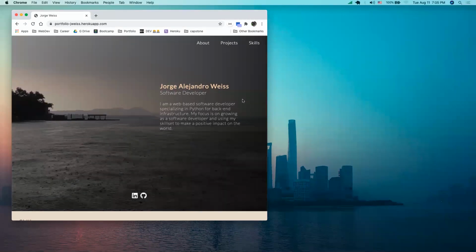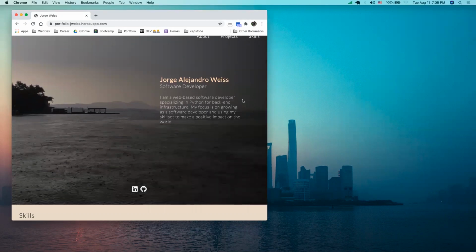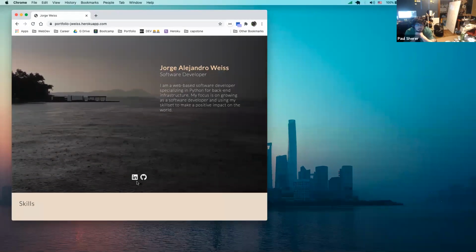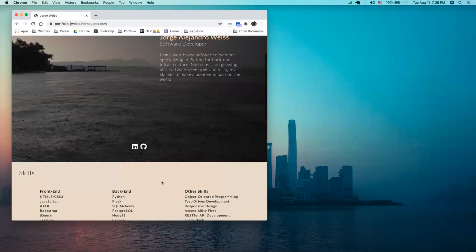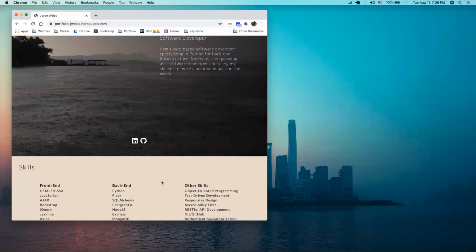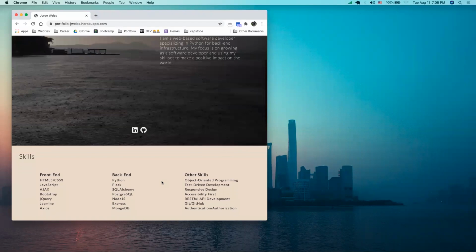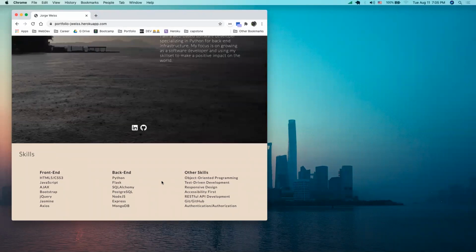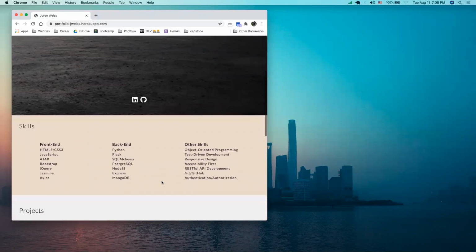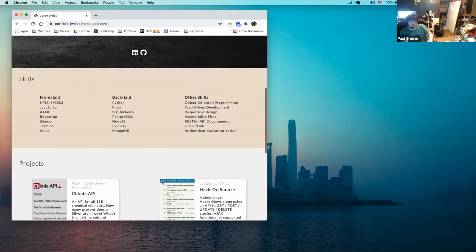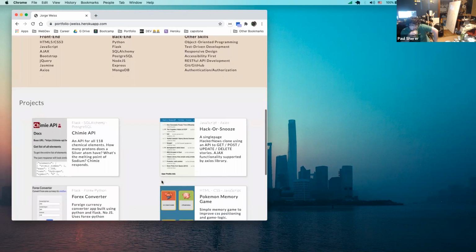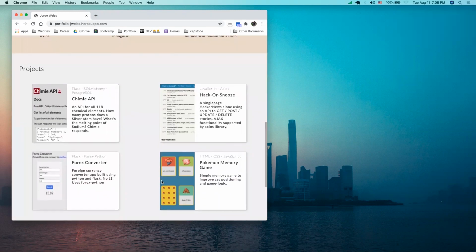A little introduction there at first, background image, links to LinkedIn and GitHub there. The skills. Actually, the order of the sections is something I wanted to get feedback on. This is not necessarily the order that I would want it in, but kind of how I just started doing it. But these are skills and projects. This is how I have them featured